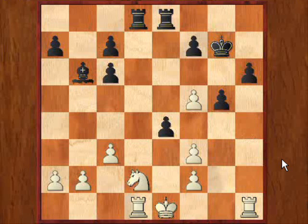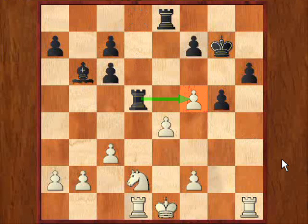Svidler recaptured here with the f-pawn, which has now become possible because bishop f2 would now be a blunder, since the knight on d2 is protected by the rook on d1. But now Ivanchuk comes up with the strong rook d5. And this threatens to win the pawn on f5. And there is really no defense to this anymore, because if you push the pawn,